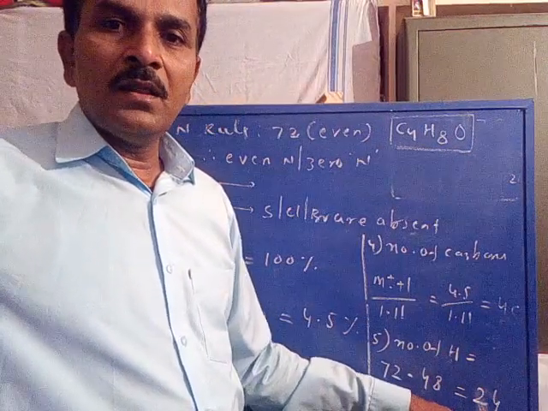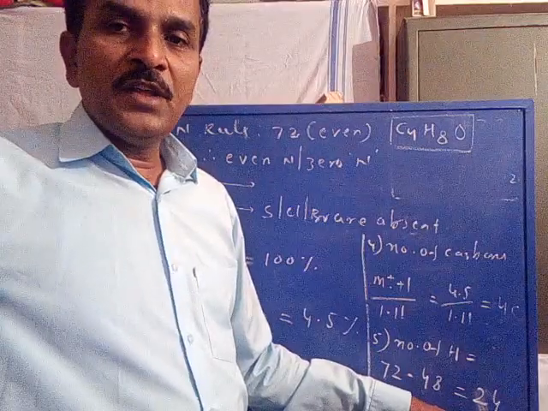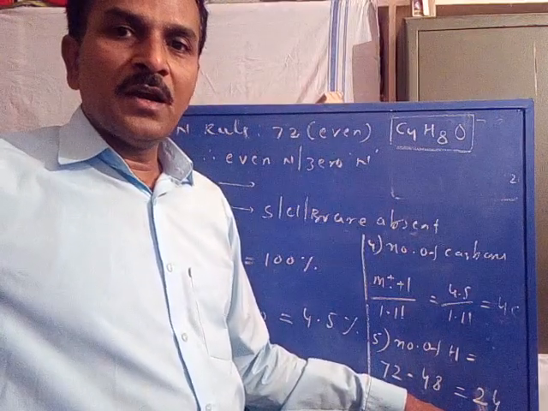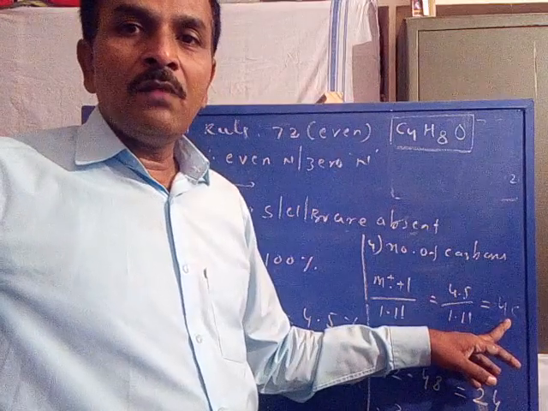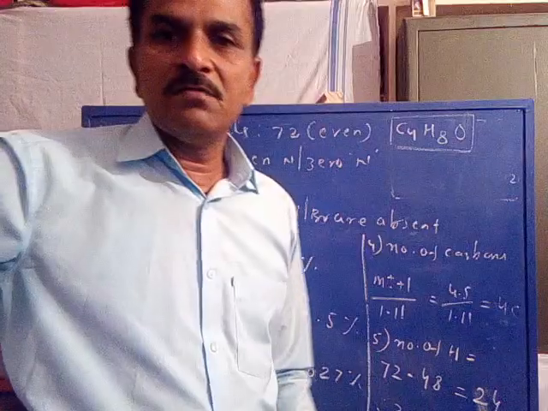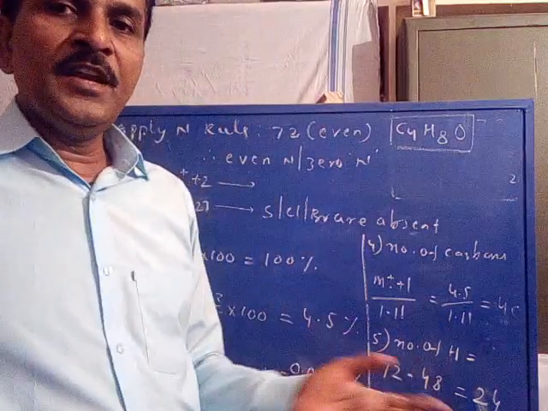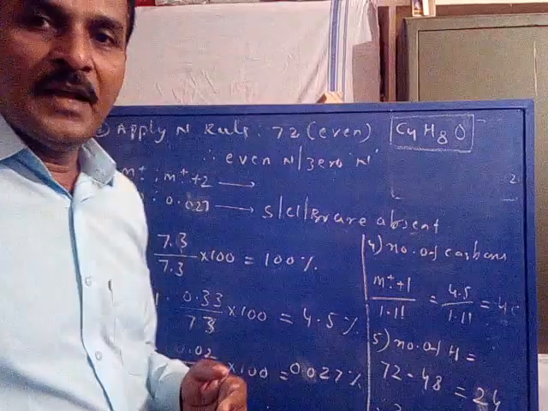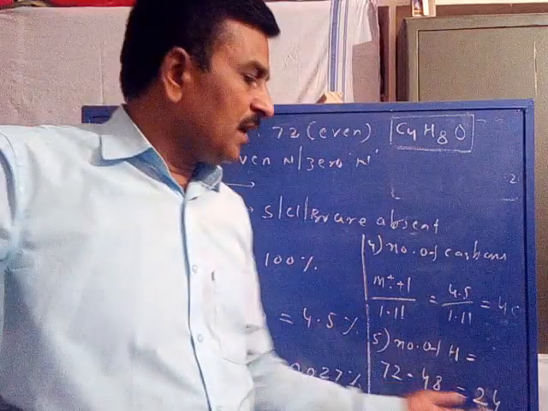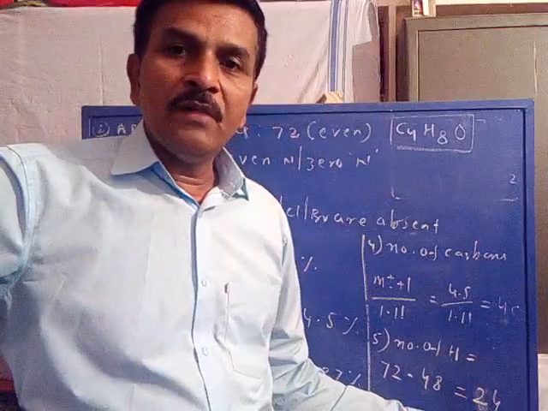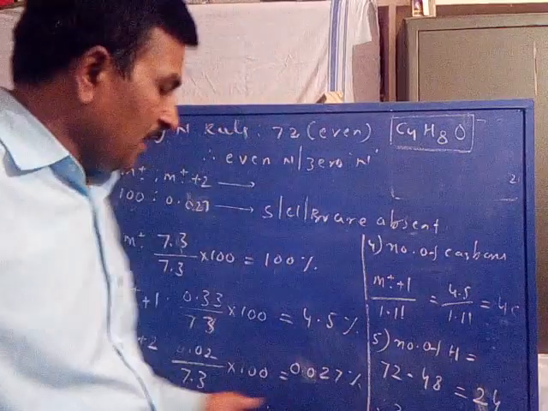Now for 4 carbons, the leftover mass is 24. If we consider all the 24 as hydrogen, there would be 24 hydrogens. 24 hydrogens are not possible to accommodate on 4 carbons in a molecule. So that indicates there may be the presence of 1 oxygen. In yesterday's class we discussed the appropriate number of oxygens to be added whenever necessary. Here the oxygen is necessary to be added.